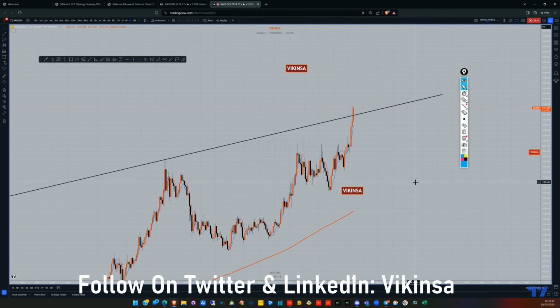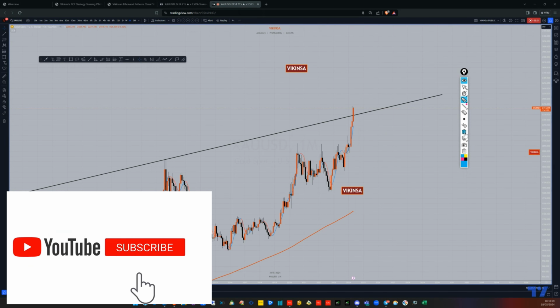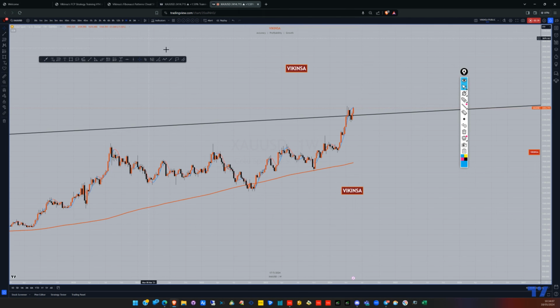Now, if we come back to the monthly time frame, what we see is that the market reacted to this trend line here. The market fell down, and now it is trying to retest that previous high, or it's trying to go back into the wick of the previous candle. Technically speaking, that is a very common pattern where the market shows a reaction to something and then tries to go back to fill the wick because it wants to cover some of the orders which are left over. So this is what is happening this month. The market tried to go back up after showing some reaction.